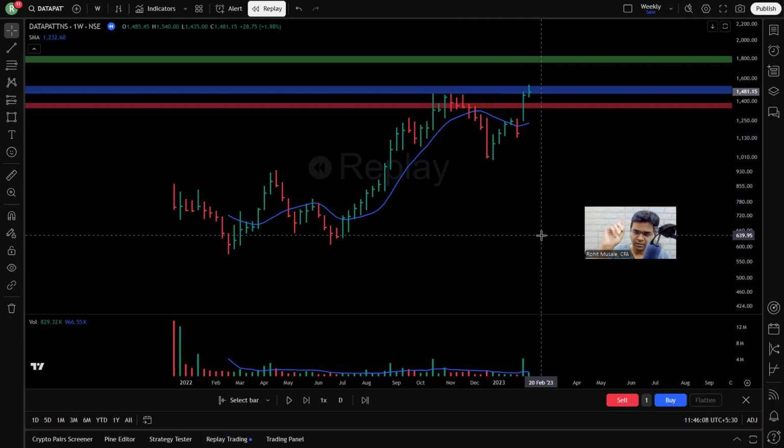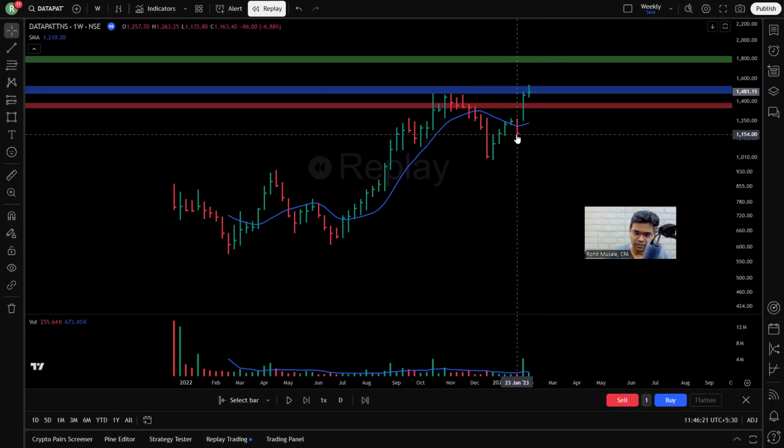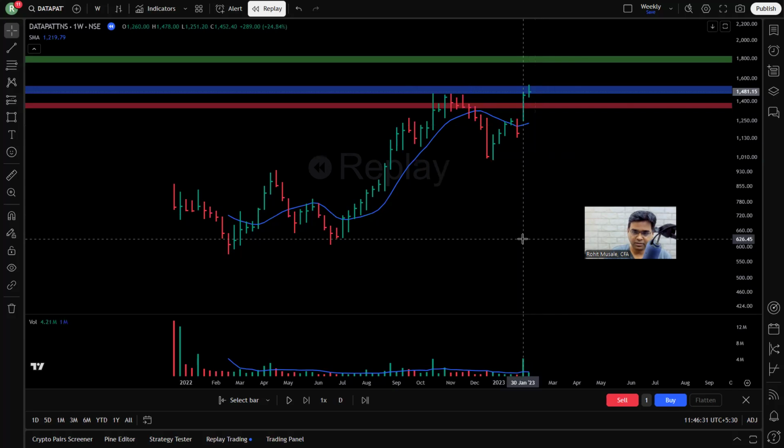So the first level of risk comes from the fact that it is not a proper base, it is consolidation. The second level of risk comes from the fact that the weekly closing was below the 10-week simple moving average. Very simple. Now, the stock tries to break out. Remember that statement,